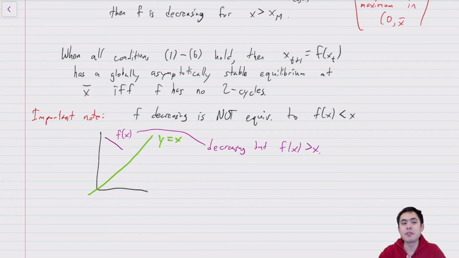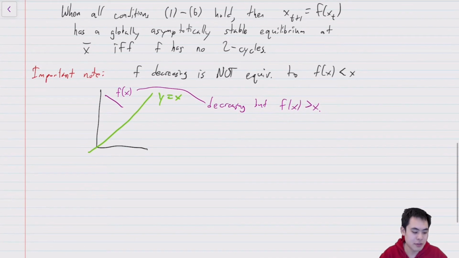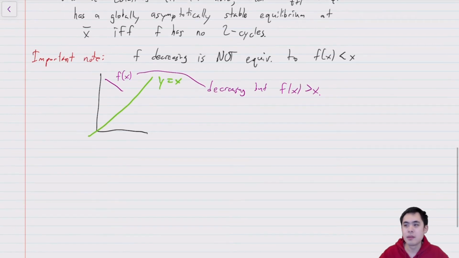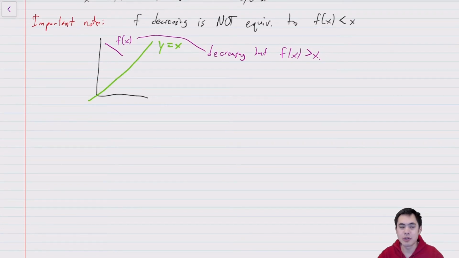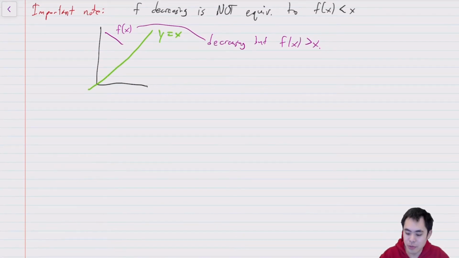So now, the proof of this is pretty onerous, and so we're not going to get into it. We'll go into some of the other proofs of some of these other global stability theorems, but this one is rather long. Obviously, if there is a globally asymptotically stable equilibrium, then there can't be a 2 cycle. That direction is easy, because if you had a 2 cycle, it wouldn't limit to one of your equilibria. It would just keep on bouncing back and forth. The other direction is a lot more work. And we'll see some proofs that are similar, though we won't actually prove that one.